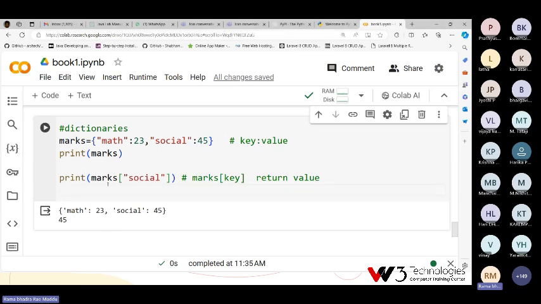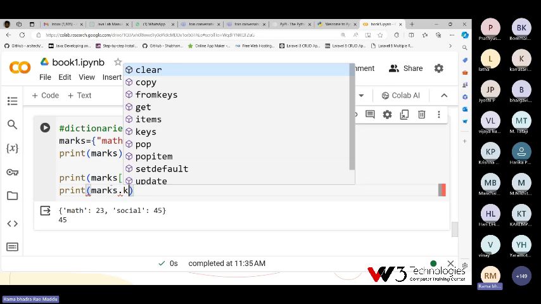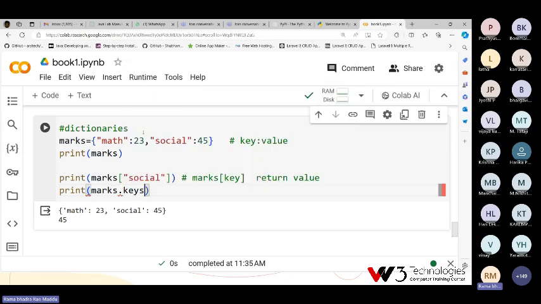For example, if you want to print only keys, the dictionary name is marks. If I want to print only keys, it will print only the keys of the dictionary.